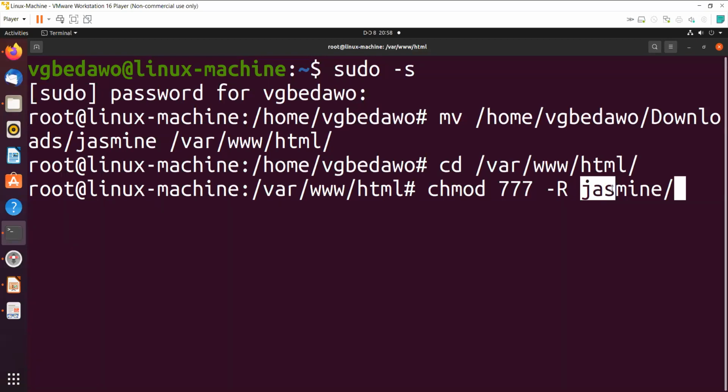That also helps you know that you are on the right path. Assuming you have entered a wrong directory and that folder isn't there, when you use the Tab key on your keyboard,